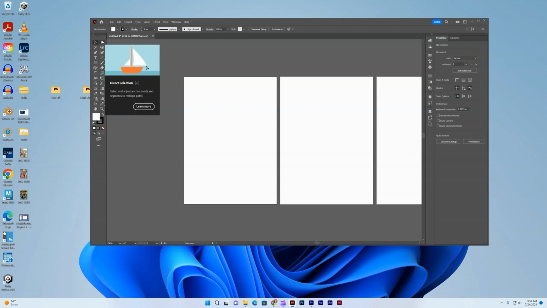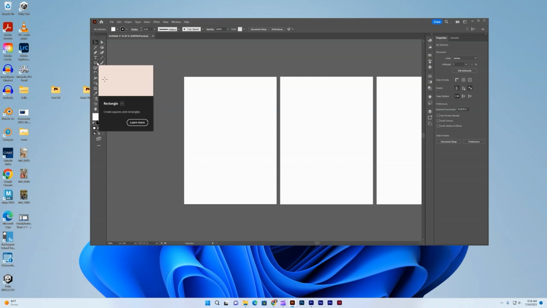And then you also have your direct selection tool, and that shortcut is A. You have your magic wand tool, your lasso tool, your pen tool, your curvature tool, text tool, type tool,